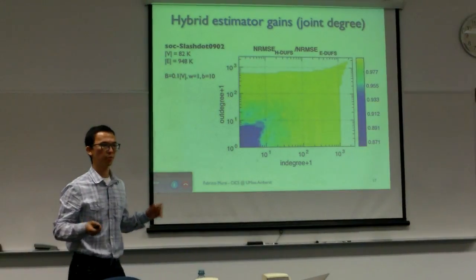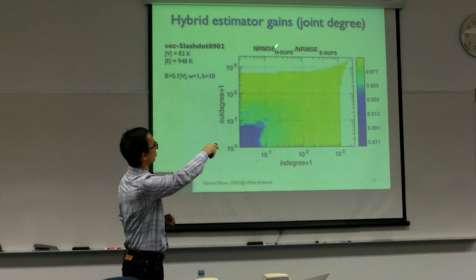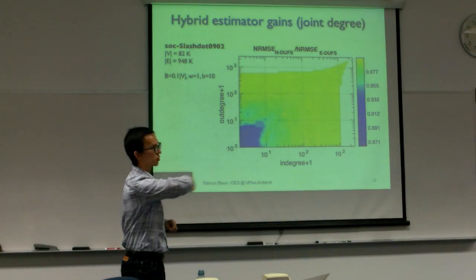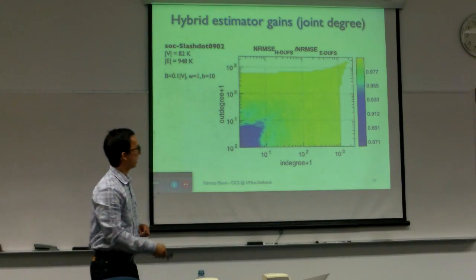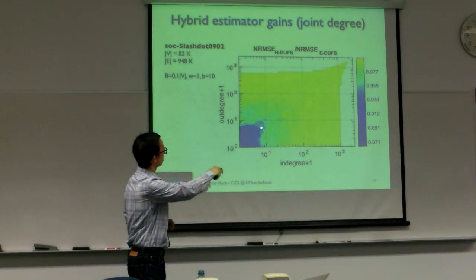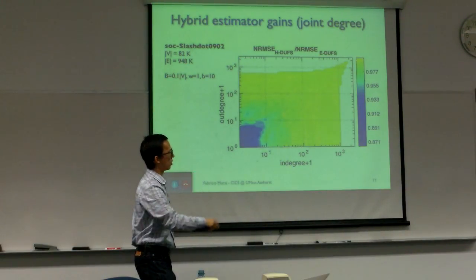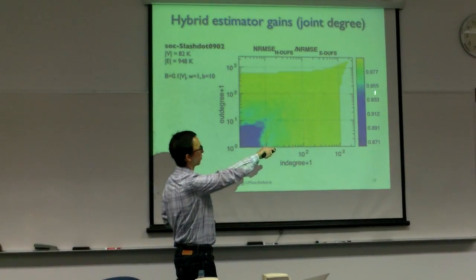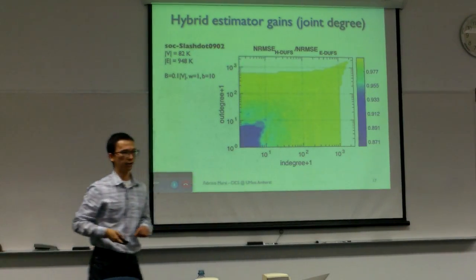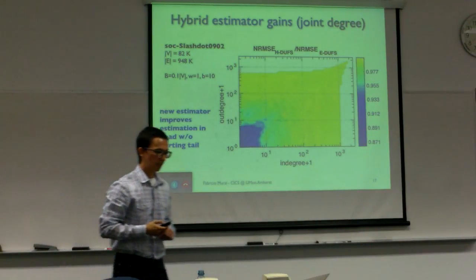So the fact that the spectrum is entirely below 1 means that the error associated with the proposed estimator is smaller than the error associated with the original for this entire distribution. And in particular for this region where the out degrees are small and in degrees are small, you see the largest error reductions. You see something from 5 to 13% in this area here. So the interesting thing is that the new estimate